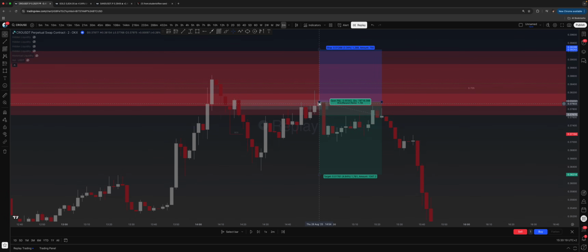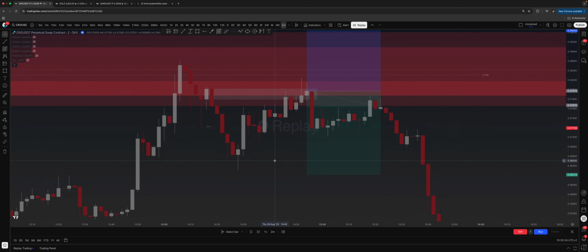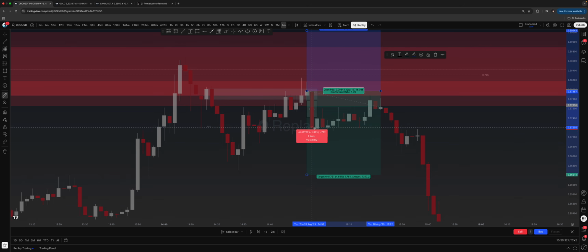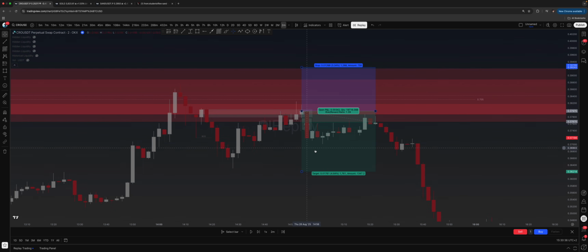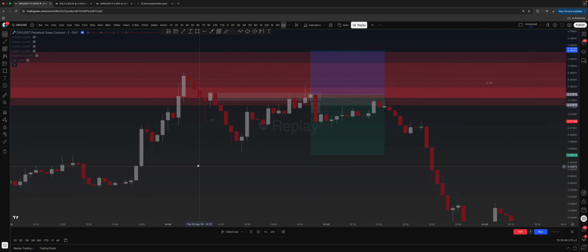So this is a 2 minute breaker block, which is showing that sellers are in control. Why? It's making this fair value gap, creating this imbalance, showing that sellers are in control here. So this is how you can execute on the lower time frames while being inside this higher time frame level,